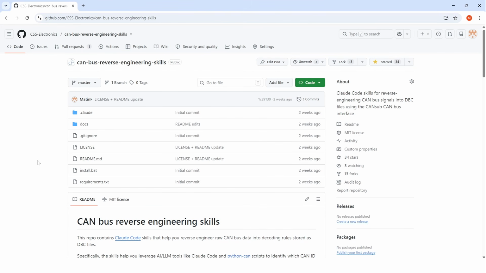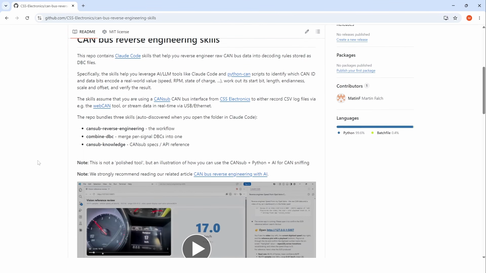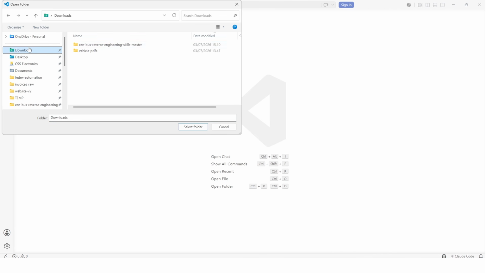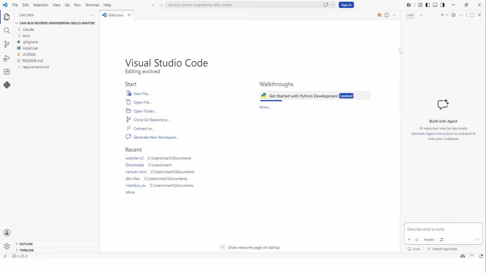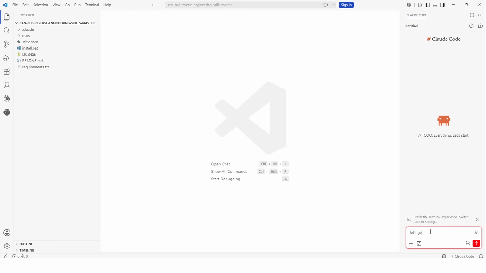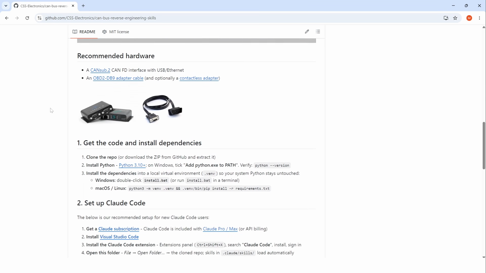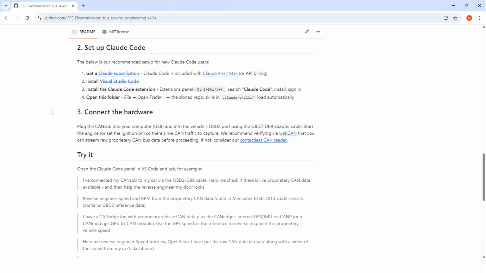The skill itself is available on GitHub, and you can find the link in the description. You just go to the GitHub page and you can essentially clone or download the zip file with the skill, put it into some folder, and then open up Claude Code from that folder. And in the README on the GitHub page, I describe some of the details, like how to set up Claude Code, how to get the exact same setup as I have in Visual Studio Code with the plugin, which I like. So you can go there and find the various steps inside. My estimate is that setting this up will take around 10 minutes, so definitely try it out with the sample